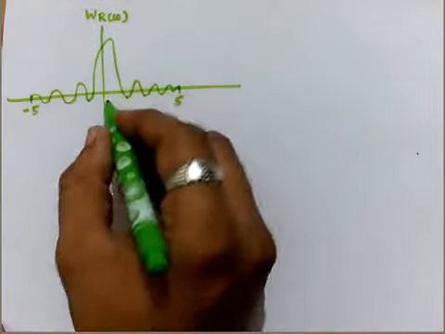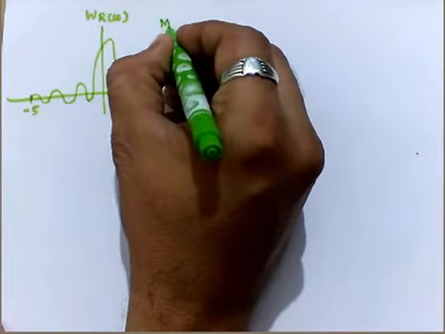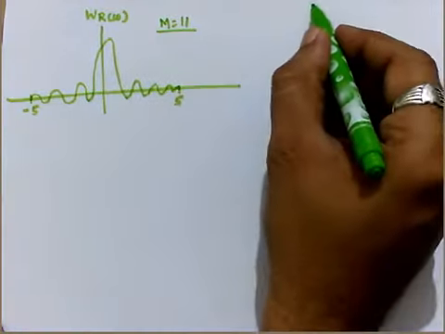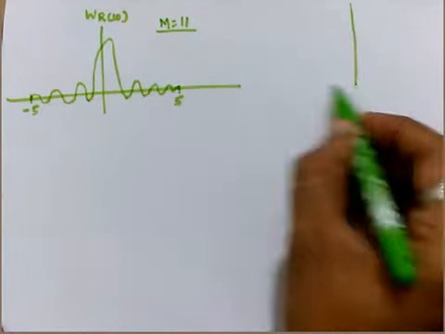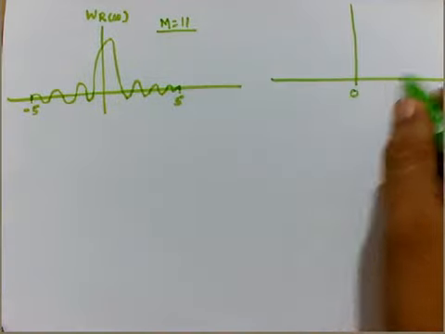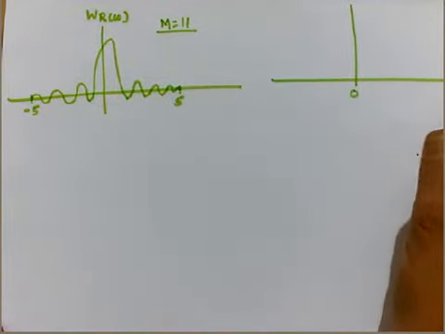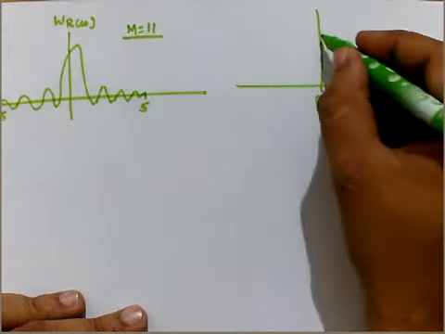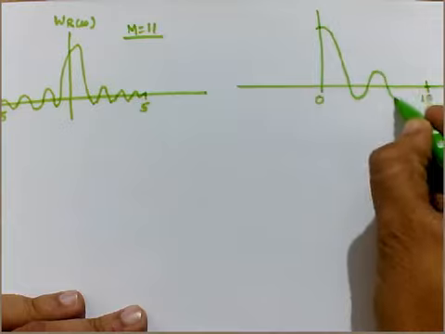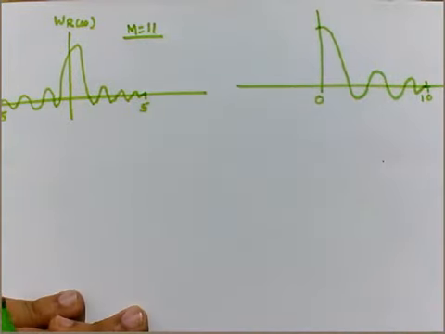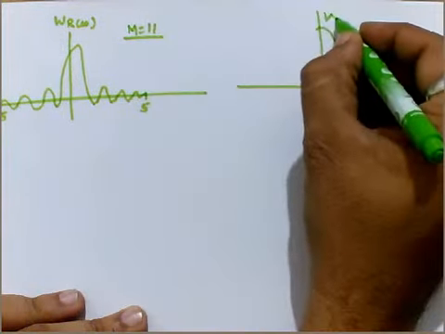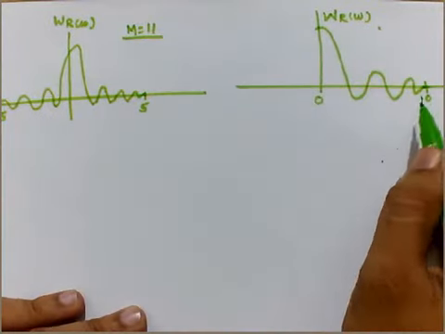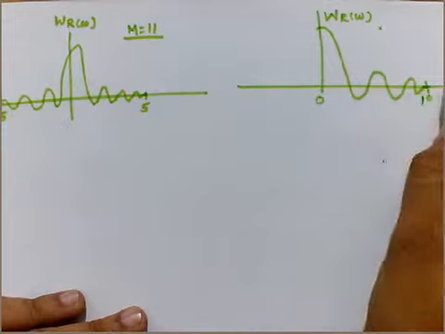So when n is equal to, or let's say length of the filter is M equal to 11, the same thing can be reflected in terms of the causal sequence like 0 to 10, since it is M equal to 11. So for this specific purpose it will be in this manner. So again here WR of omega or e raised to j omega is plotted against omega.